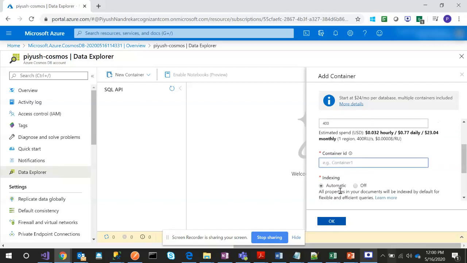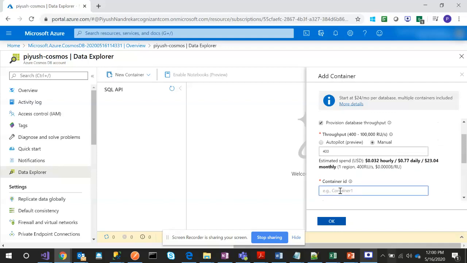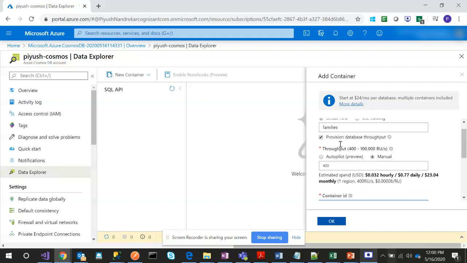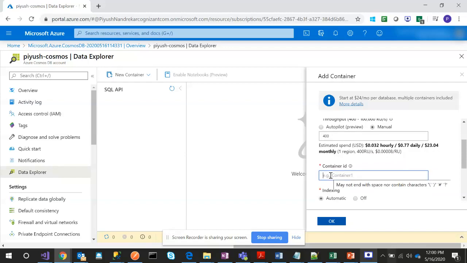Then the important decisions are about the throughput and the container ID. Choosing a partition key is the important decision. Our family document contains the names of people in the family, their address, and the names of kids. So I can do the partitioning based on the zip code of the address.